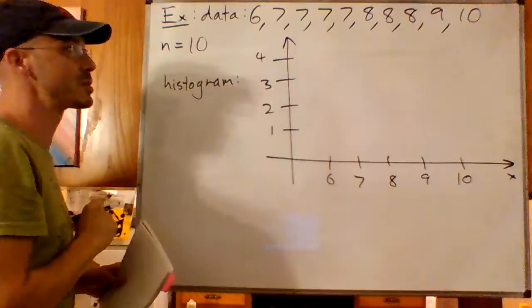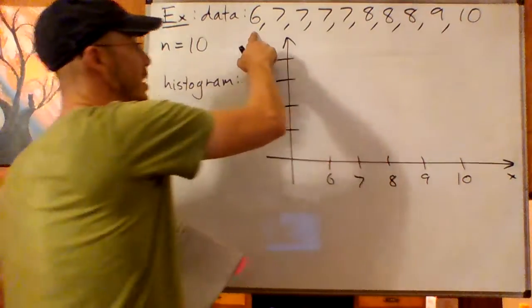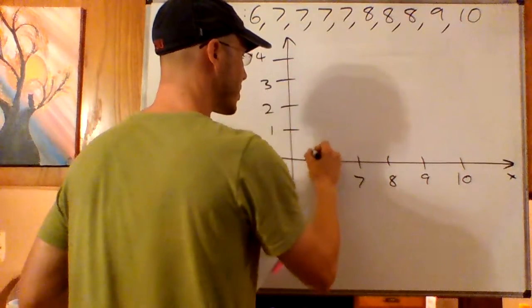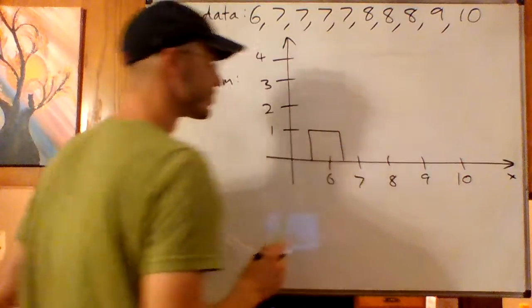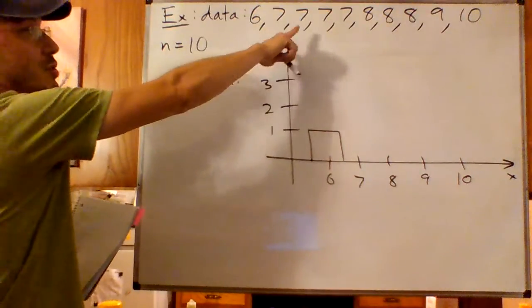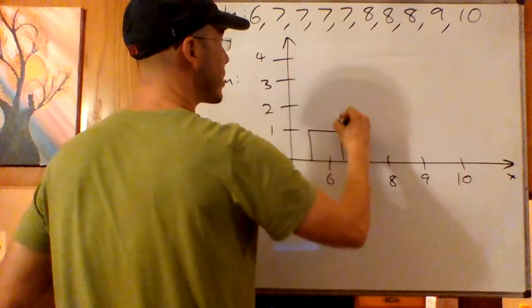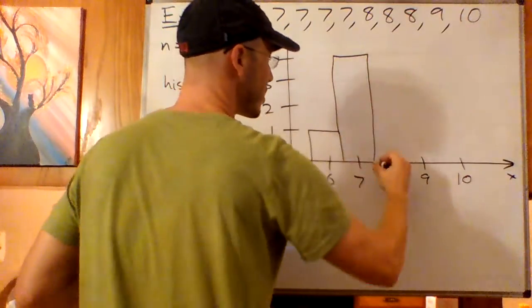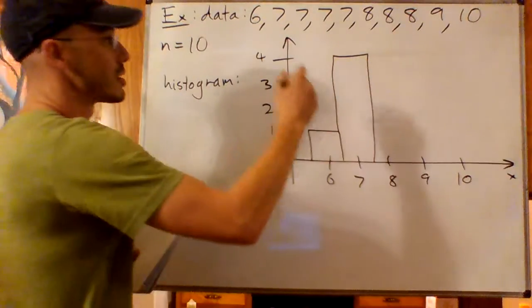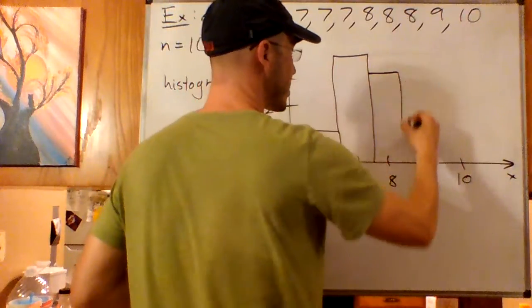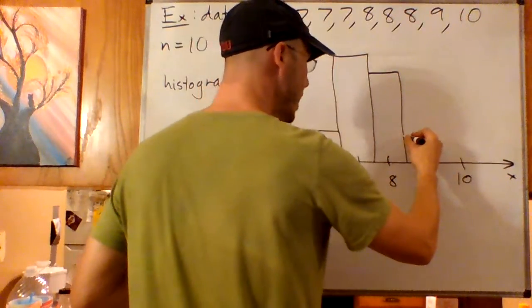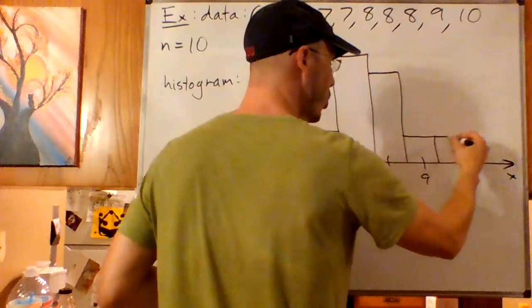So my frequencies, my first block is just the single 6. There's only one of those. Like I said, there's 4 7s, so the 7 block is going to go all the way up here. The 8, there are 3 8s, 1 9, and 1 10